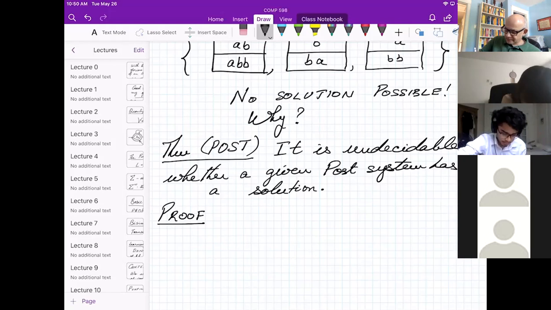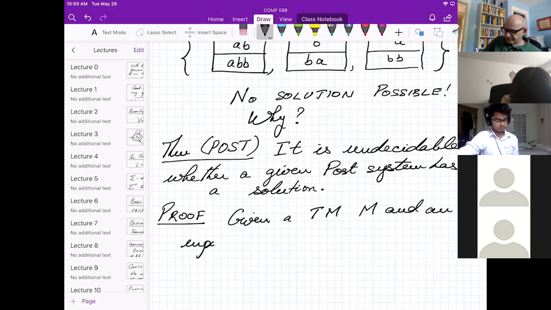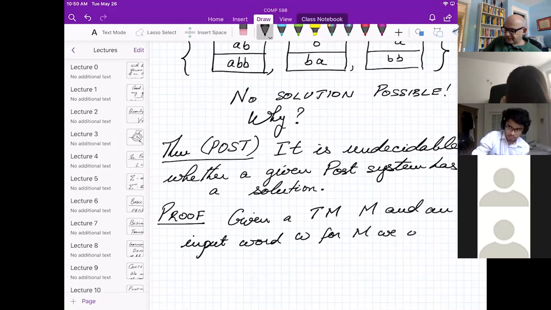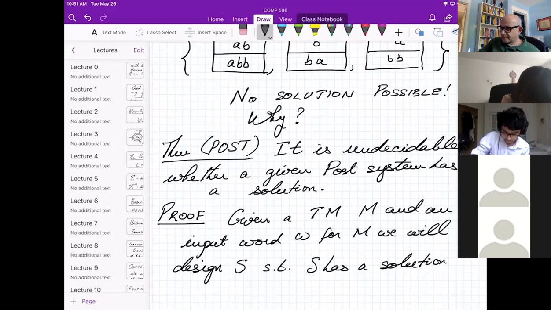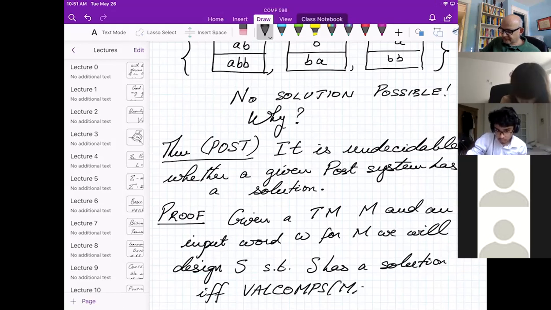Okay, so given a Turing machine M and an input word W for M, we will design S. So S is our finite family of tile types, such that S has a solution if and only if valcomps MW is not empty.